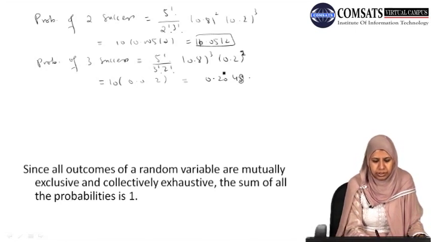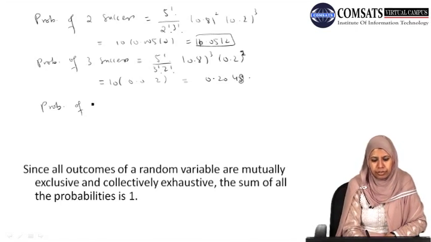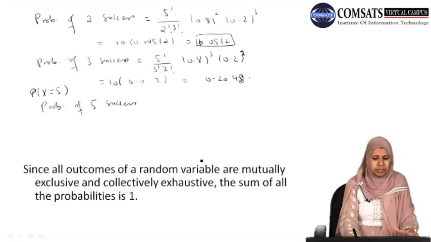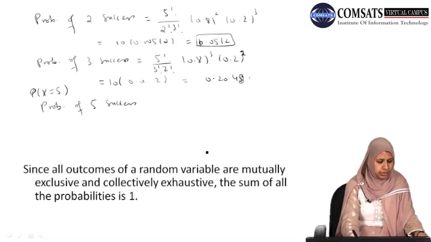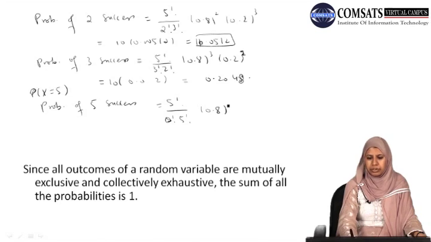The probability of 4 successes we have already calculated. Now the probability of 5 successes, that is, the probability when our random variable is equal to 5, that is a student has answered all the questions correctly, will be equal to 5 factorial divided by 0 factorial into 5 factorial, into 0.8 to the power 5, which is equal to